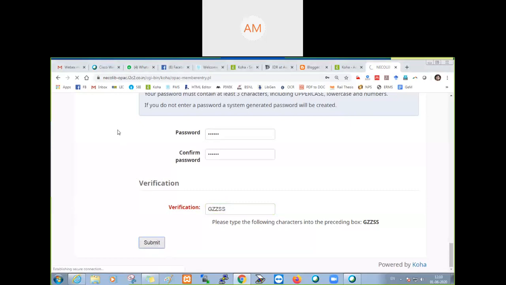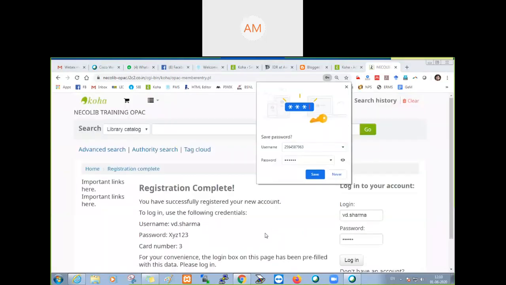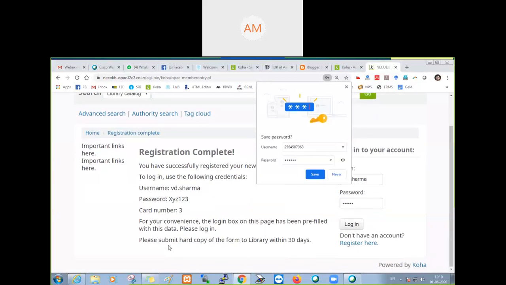So I'm clicking on submit. Now I will show where I have written one sentence, where it is visible. Now here, please submit a hard copy of the form within 30 days. So I have written one sentence. This is visible here for the user. So after the form, the student will get the instruction line. You can make it bold, you can make it scroll, everything you can do. So this is basically simple. I have written one text. You can make an HTML coding also.